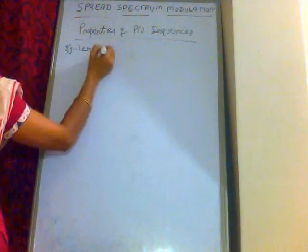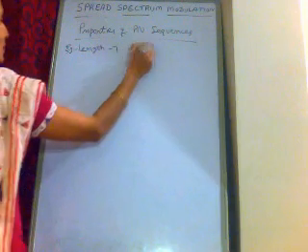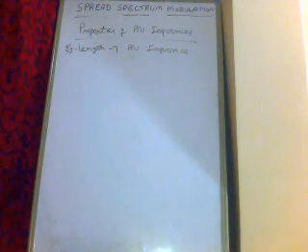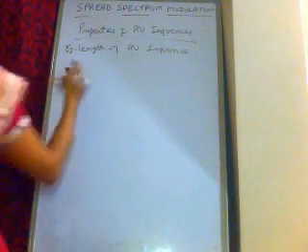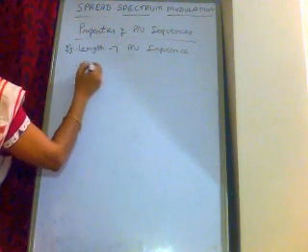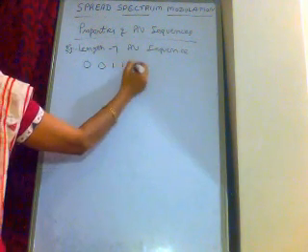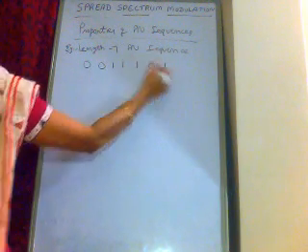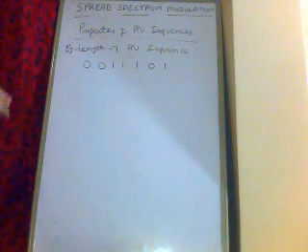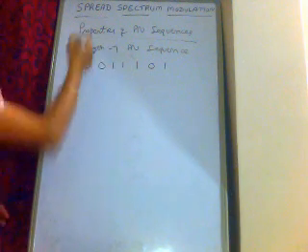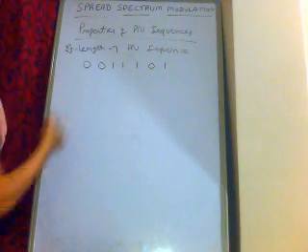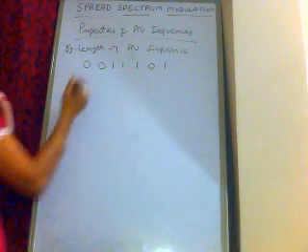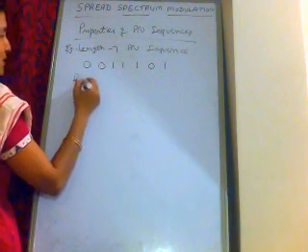the length 7 PN sequence. We will consider the example of a length 7 PN sequence. So what was that length 7 PN sequence that we saw already? It was 0, 0, 1, 1, 1, 0, 1. Okay. So now with reference to this, we will take this as an example and try to understand the properties of PN sequences. And before I start with the properties, first let us try to understand what is the meaning of runs.